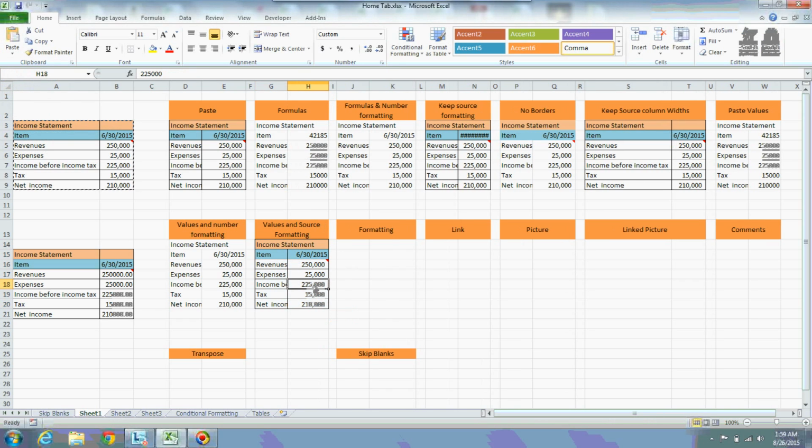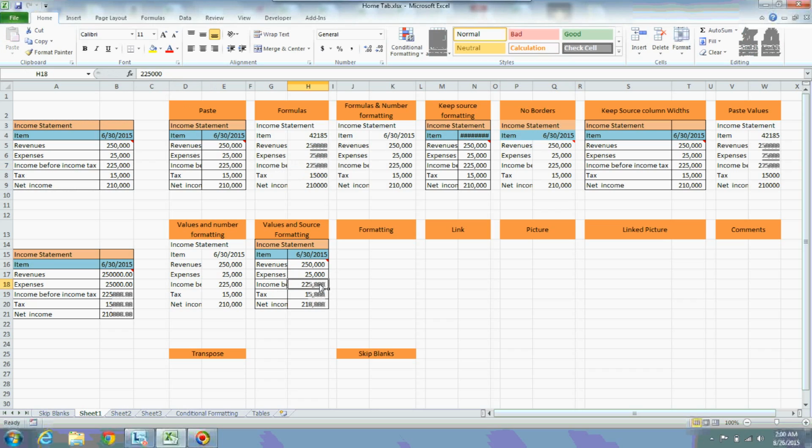If you observe the income before income tax line item, there is no formula available. Here, you can observe there is a formula.